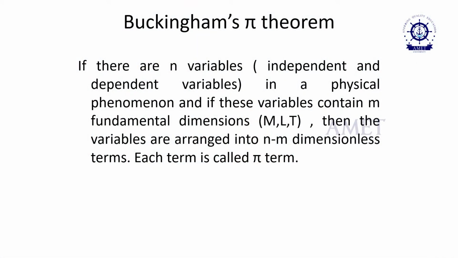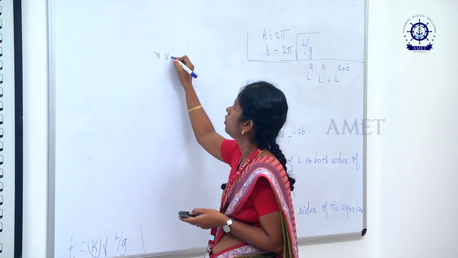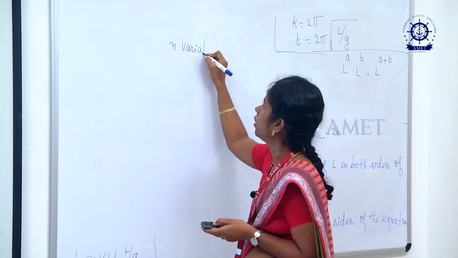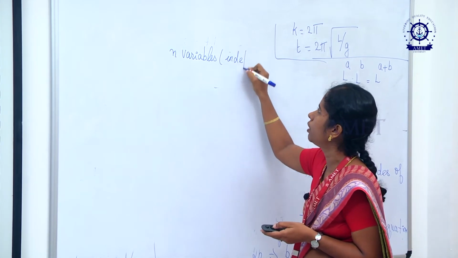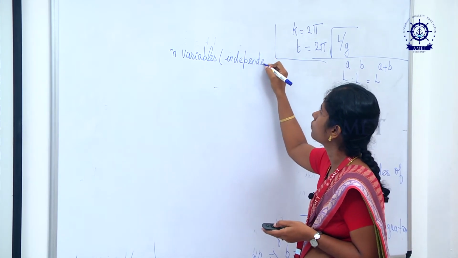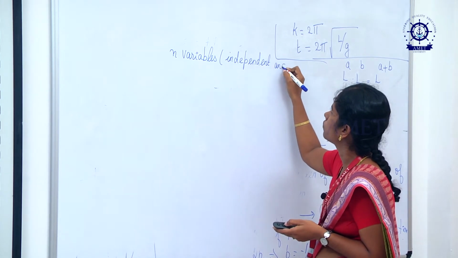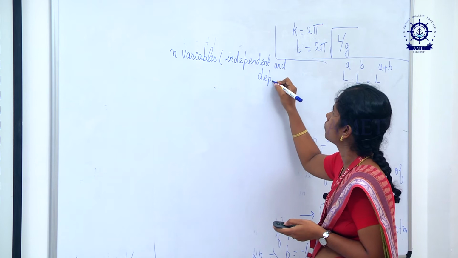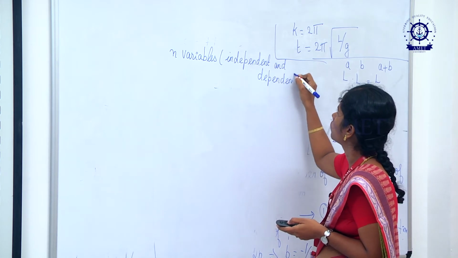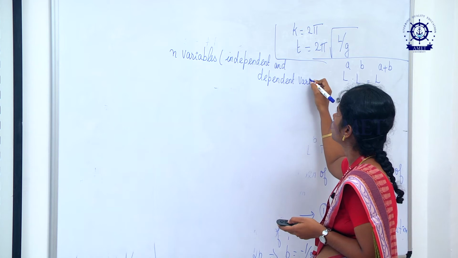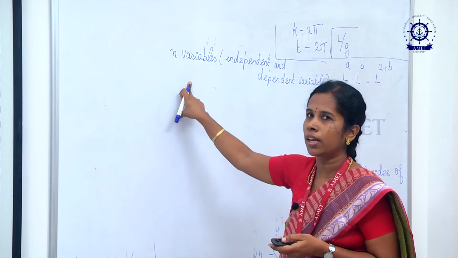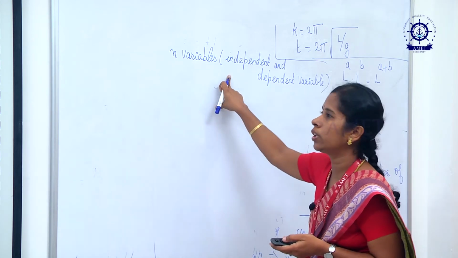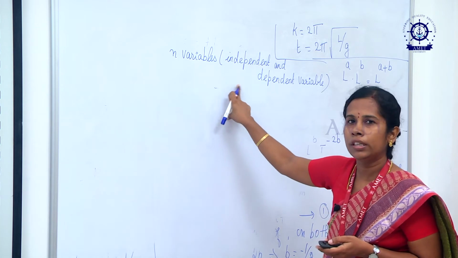What does Buckingham's pi theorem state? If there are n variables, and it will include both the independent as well as dependent variables. So, it states that if there are n variables, which include both the independent and dependent variables in a physical phenomenon,